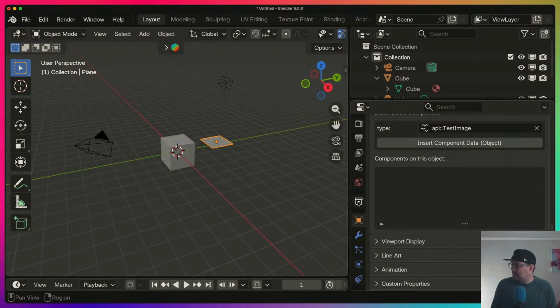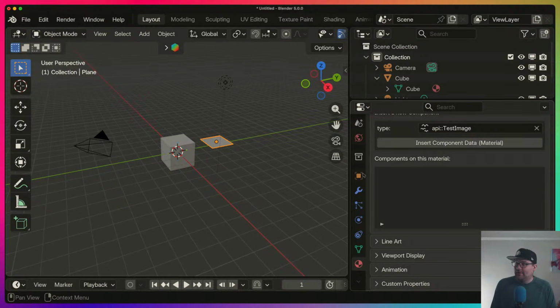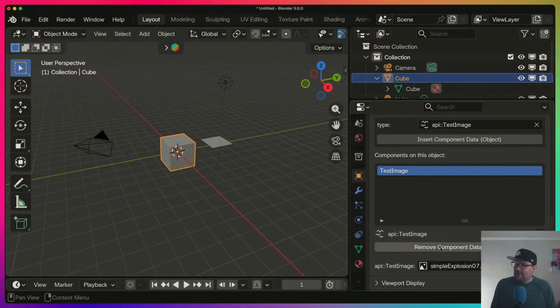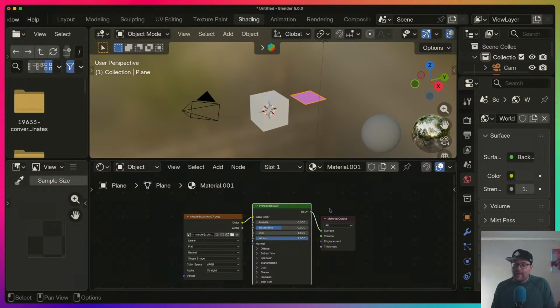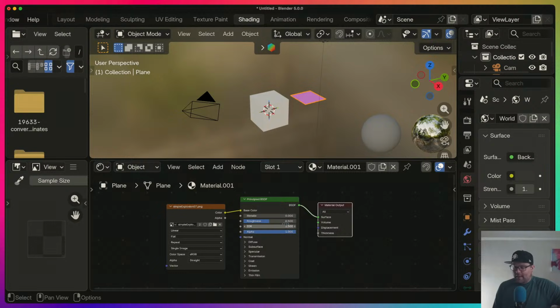Let me, so basically what I'm showcasing here is that the workflow for making this happen is really awkward. So we have our image and we've selected the image, which exists because we brought it in. But there's two problems with that. One of them is that the image is just the data, not the sampler. And the other one is that the only way to get a sampler really inside of Blender is to go create a material on some object and bring in that image. And then this will export as textures and a sampler,